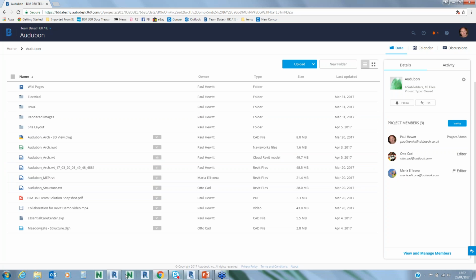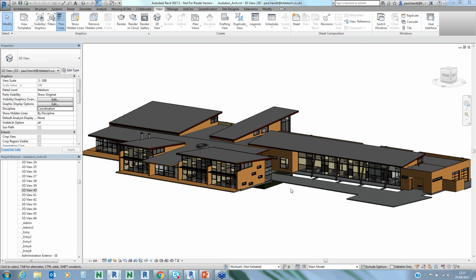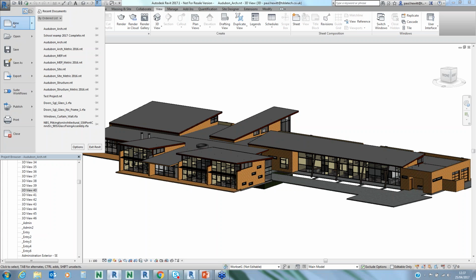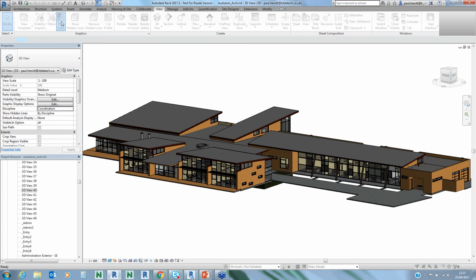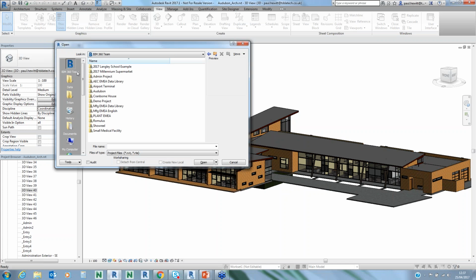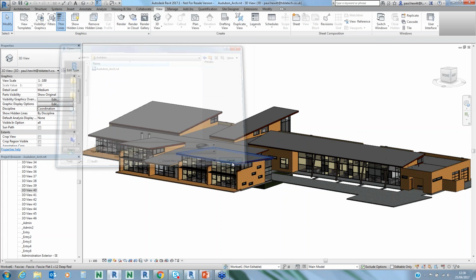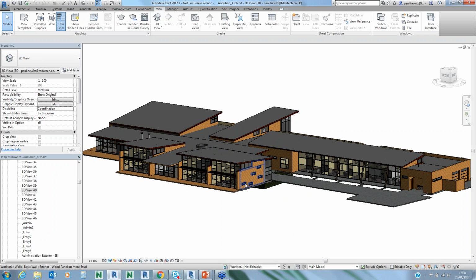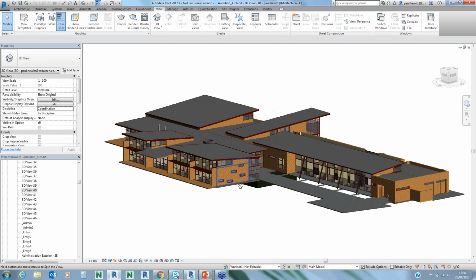But in this case, what I'm going to do is I'm actually going to switch to Revit. So this is the same model inside Revit. The way we do this is we actually go to open the particular file, and rather than opening it locally, we've got an area for BIM 360 Team in our directories here. We choose the project we're currently working on, and it will show you the files that we can use on this. Obviously I've got this one already open, and there it is again, exactly the same file as